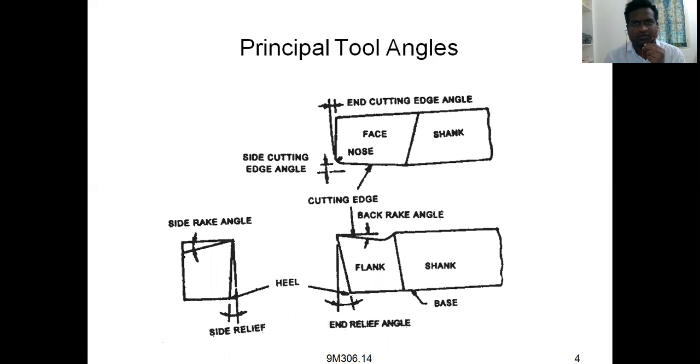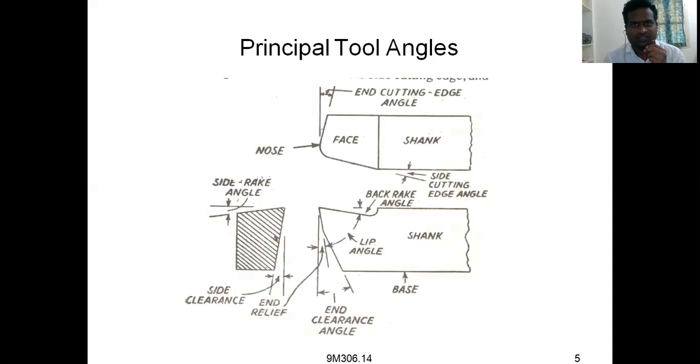So now we are moving to discuss the angles, the principal tool angles. So far we have discussed the body parts and edges, and now we are moving to the principal tool angles. In these principal tool angles, we will learn two or three or four angles today, and the remaining will be discussed in later classes. And this first one,